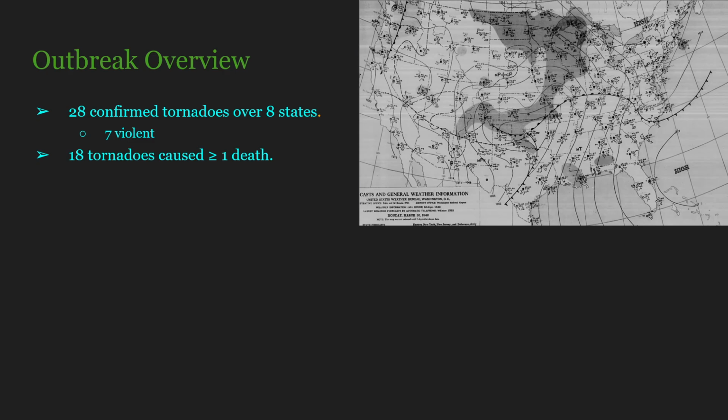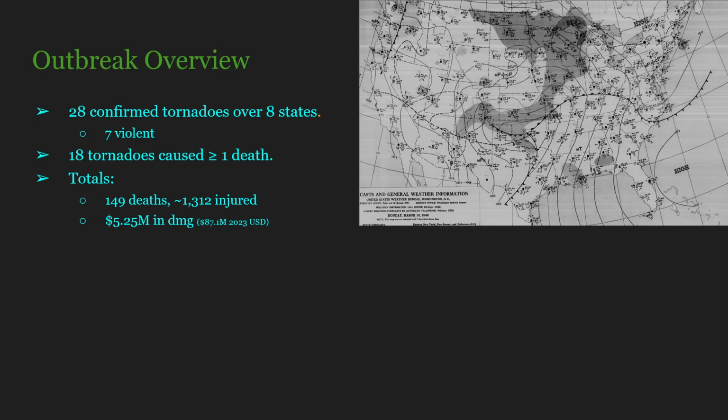This is upwards of 60%, and we'll talk about that at the very end of this video in the significance part. In total, this event would cause 149 deaths, injuries of more than 1,000, reaching around 1,312 that were injured,